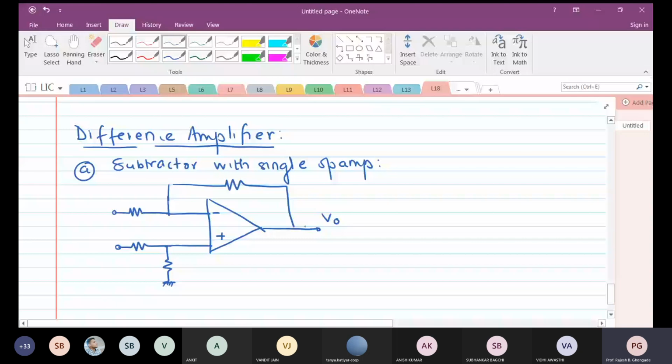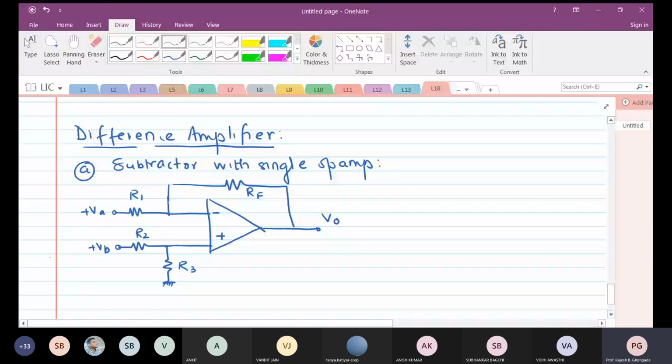Look at this configuration properly. I'll call this R2 and R3. This is going to be VA. This is going to be VB. Now this circuit,